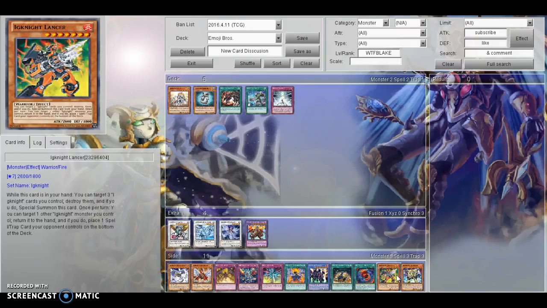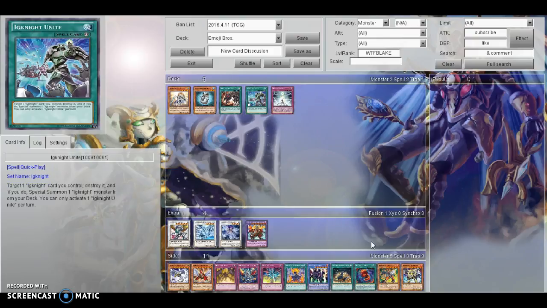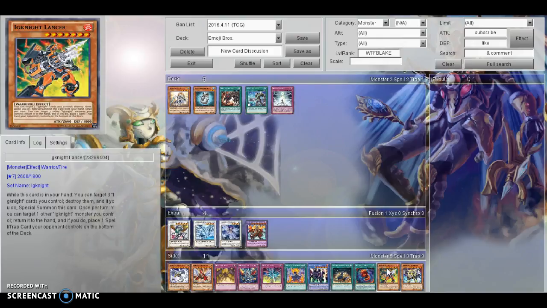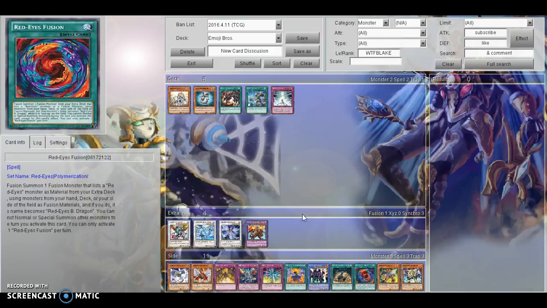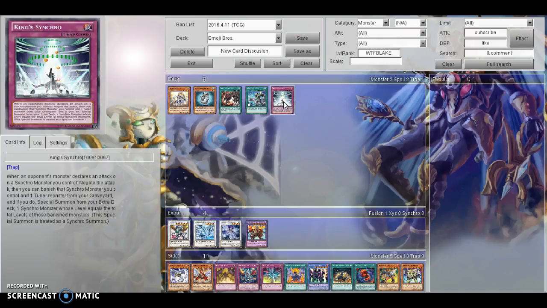And what really makes these things awesome is the fact that they don't target. So really great way to use Lancer and Champion easier. Maybe Konami thought these would be easier to use, but found out that it wasn't, so they made this card to kind of help them out. So that's awesome. And next is King Synchro,